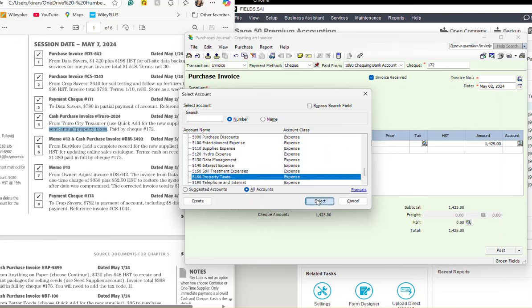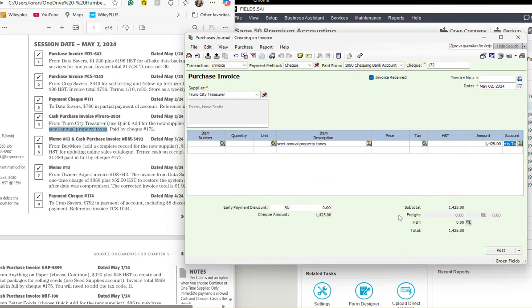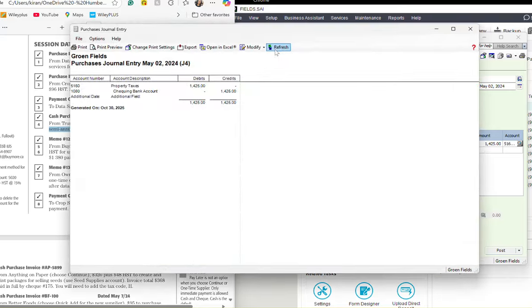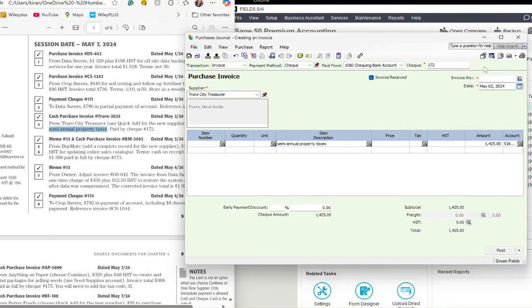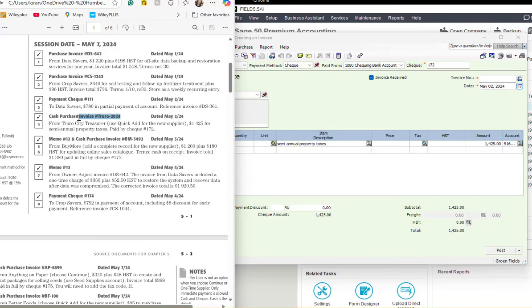There it is. I will select it. There's no HST on the property tax. We will display the transaction. Your transaction should look like that. We're good to go. They told us the invoice number is Control C, and you're going